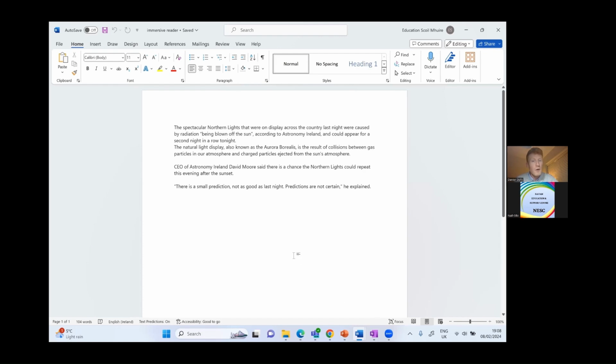The immersive reader is basically just read aloud technology. You have a text here. I've just copied in some text, and if you click on the start of the text, we can get it to read it out aloud for us. If you come across the top here to view,